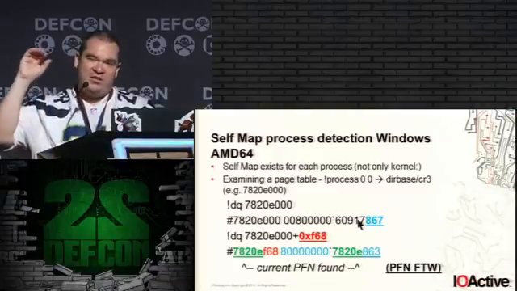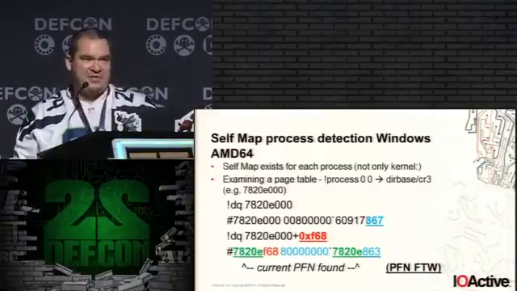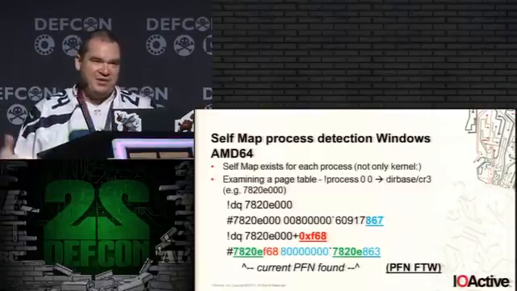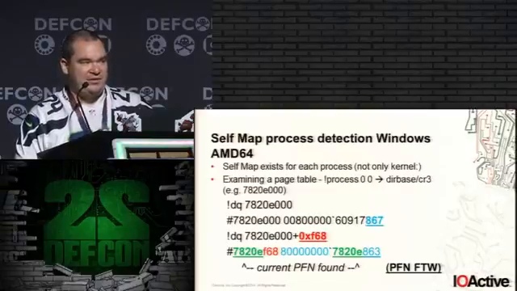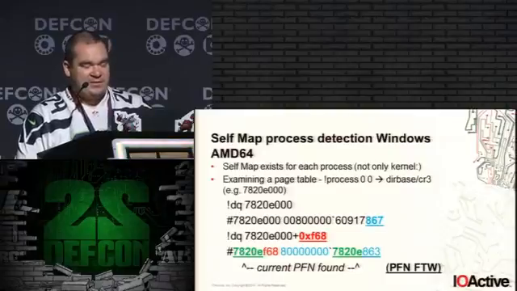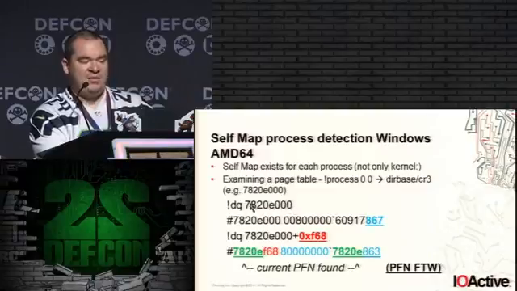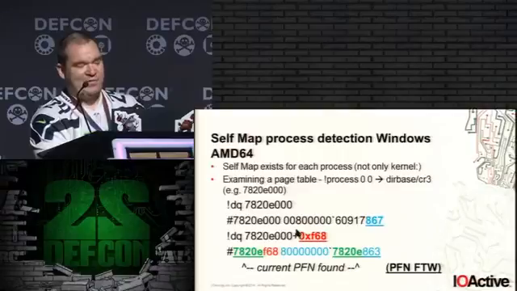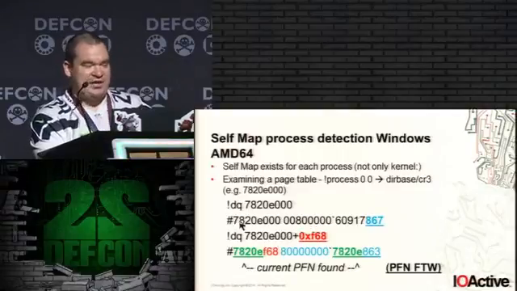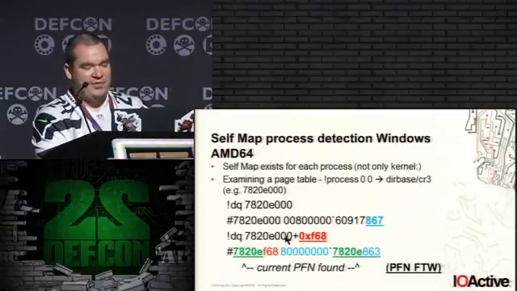So it's null. Null is always going to be mapped, right? Because null needs to be mapped in the virtual memory system, because if it's not, you're not going to be able to appropriately handle null violations and things like that. So that's always going to be there. So there's no plus here. This is the magic number here, F68. So for Windows at least. At this address, which is the base CR3 page table, page directory base pointer, DQ on that, F68,